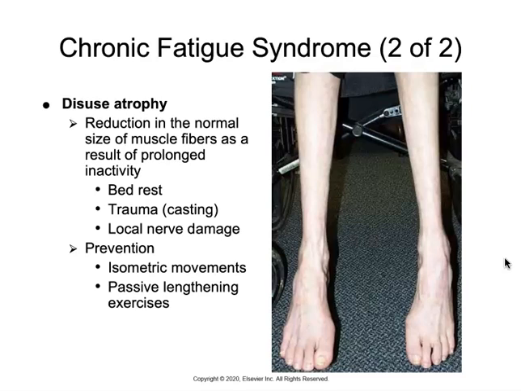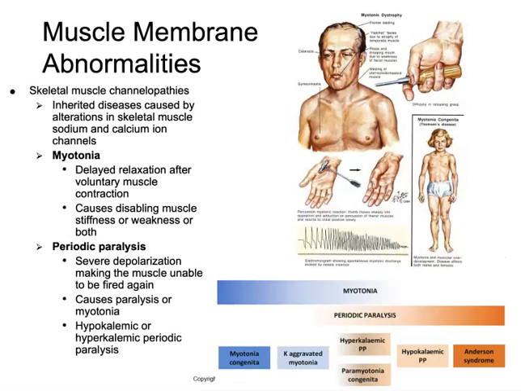So reintroducing mechanical load through resistance training, stretching, or electrical stimulation, and doing more of those isometric contractions. Now let's talk about muscle membrane abnormalities. We have this umbrella term called skeletal muscle channelopathies. These are inherited diseases that are caused by alterations in our skeletal muscle sodium and calcium ion channels, which can lead to things like myotonia, which is a delayed muscle relaxation, or periodic paralysis, which is episodic muscle weakness or